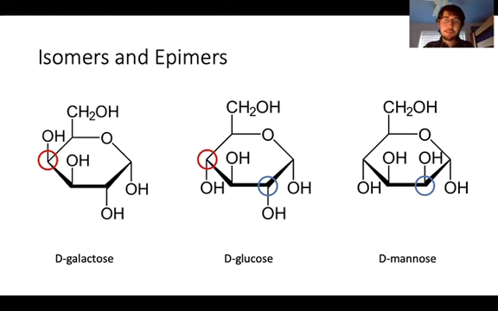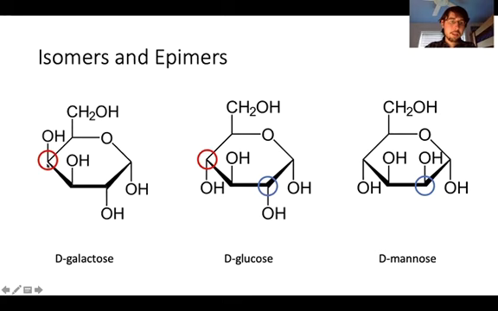So many sugars have the same chemical formula. For example, glucose, galactose, and mannose are all C6H12O6. But lots of sugars are isomers of each other, and a special type of isomer is called an epimer. An epimer is where you have two sugars that differ at exactly one chiral carbon. So for example, if you look at galactose and glucose, their structures are identical except